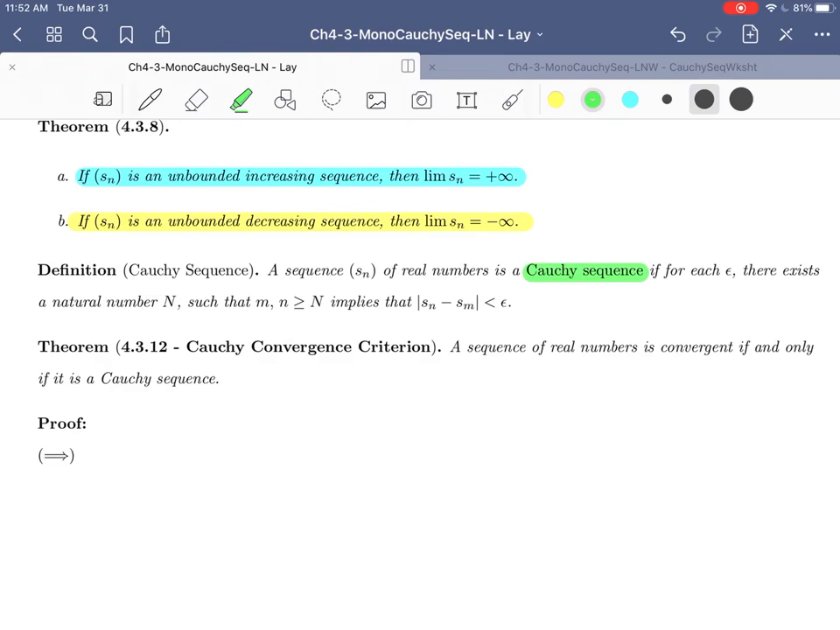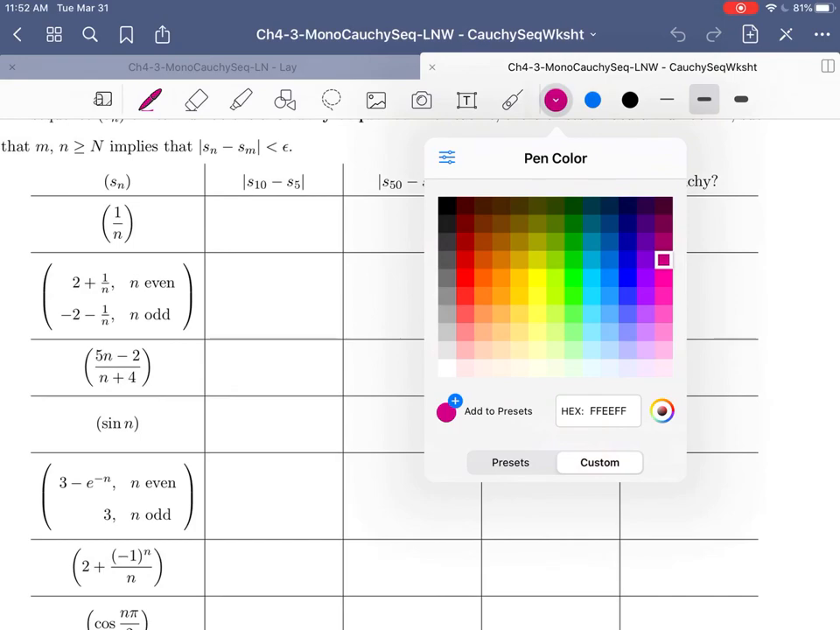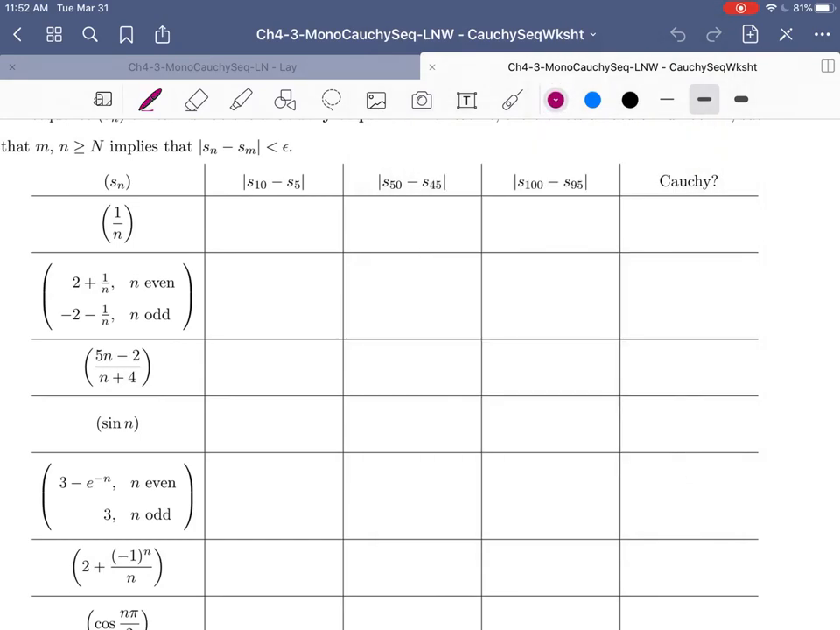All right, so let's look at some examples. We won't formally prove these, but we'll just try to build some intuition about some Cauchy sequences, and see if we can decide whether or not something is Cauchy. Here we have our sequence, S of n is 1 over n. If we look at the absolute value of the 10th term, which would be 1/10, minus the 5th term, 1/5,